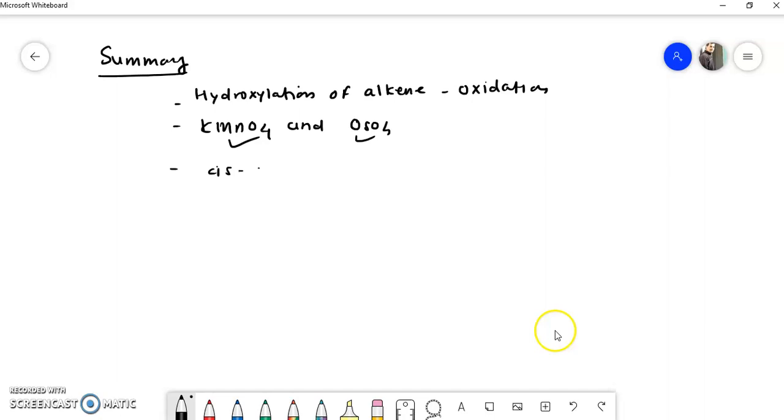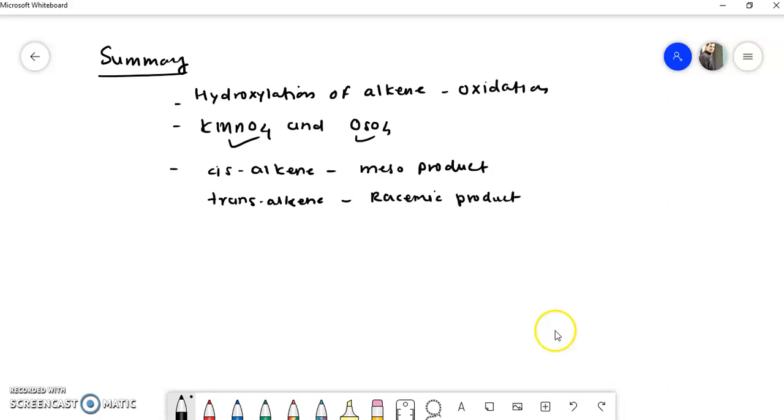So a cis alkene gives a meso product, remember, and a trans alkene gives a racemic mixture. Remember, this is a very important summary which we have seen. Cis alkene always gives a meso product, trans alkene always gives a racemic product. We have seen the example of maleic acid and fumaric acid giving tartaric acid, and also the example of cis-2-butene and trans-2-butene. So this is all about the hydroxylation reaction of alkenes. In the next video we will meet with different